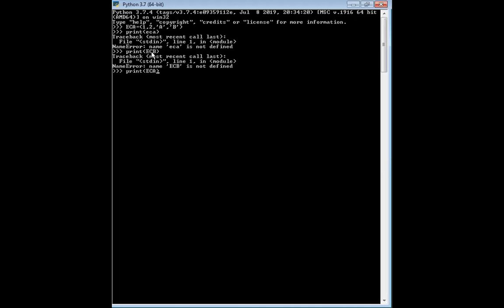If I had specified it correctly, you would get the output as it is. So why did I not get the output when I specified ECA in small letters? Because I specified the tuple name in capital letters. And then I specified ECB to print, but that is not the tuple name that I specified, right? So when I clearly specify ECA in capital letters, you can clearly notice in this example that you will get the output 1 2 A and then B.